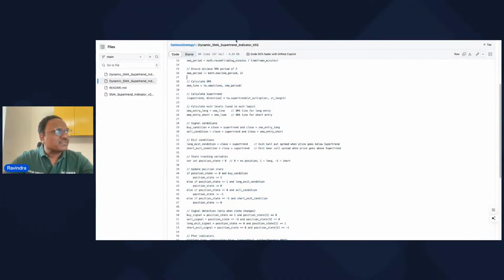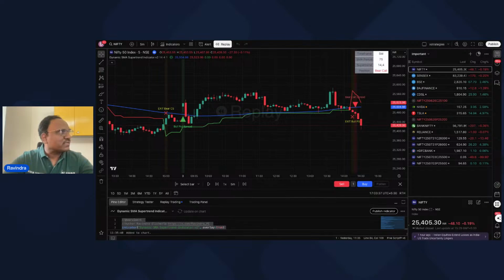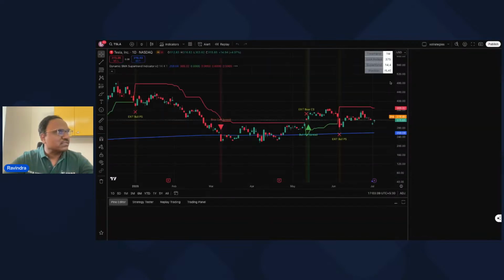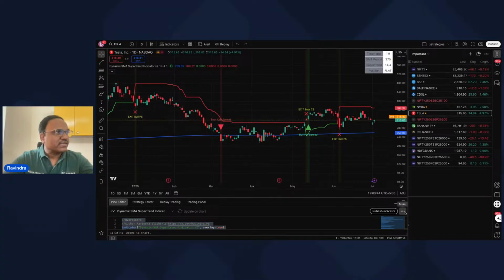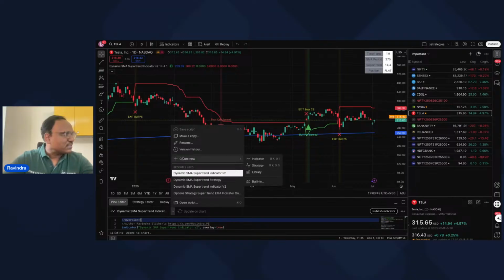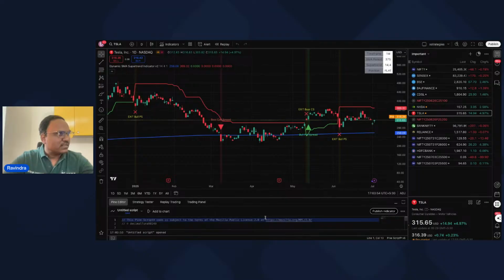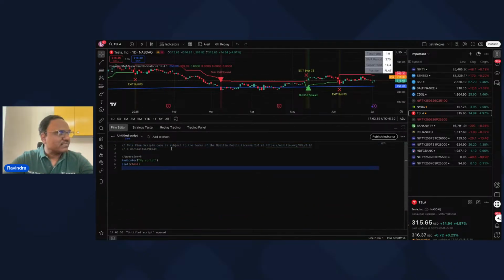Now the next step is to come here. What I'll do is open a completely new one. You can come here and create new, for instance, create new indicator. That is what you need to do. Once you have this, it will show the Pine script and the version 6 indicator. This entire thing you need to delete because we will have the indicator already in the code. That's the reason we should not have it.